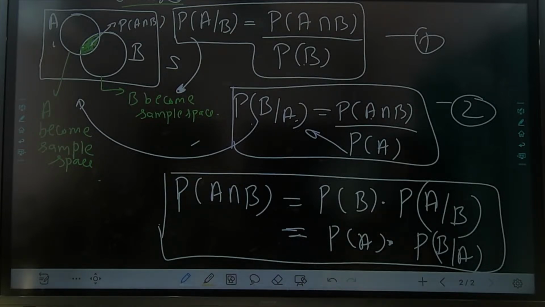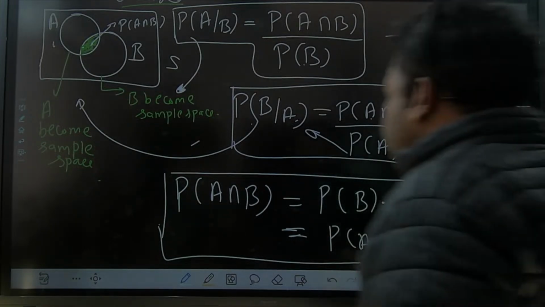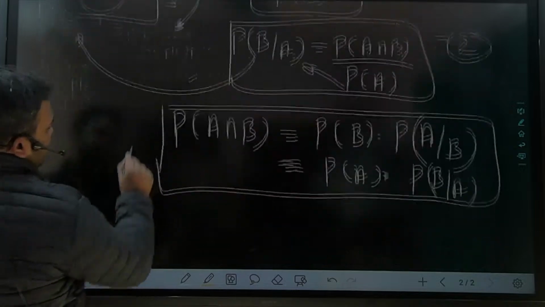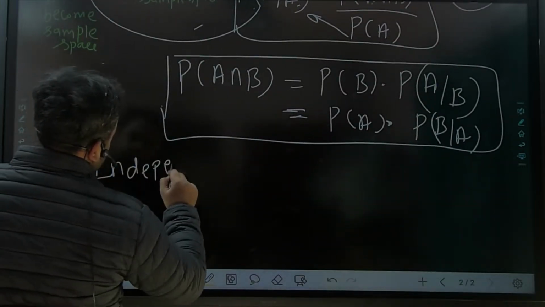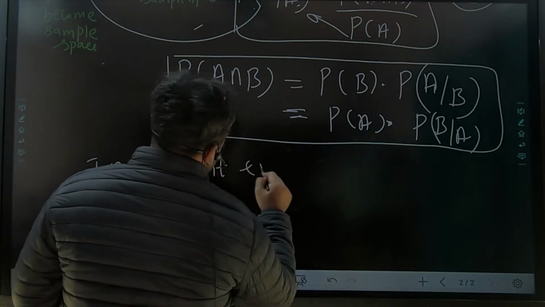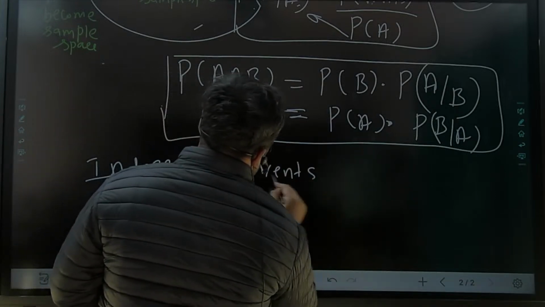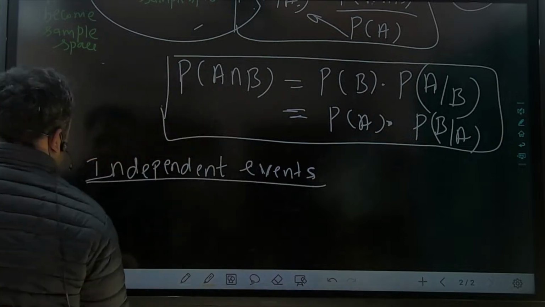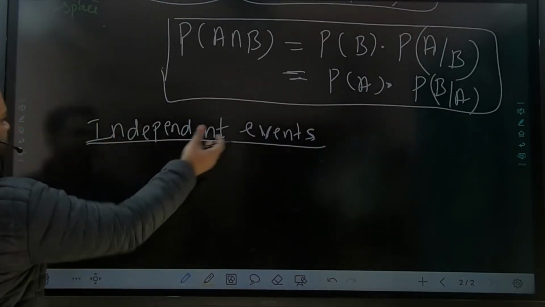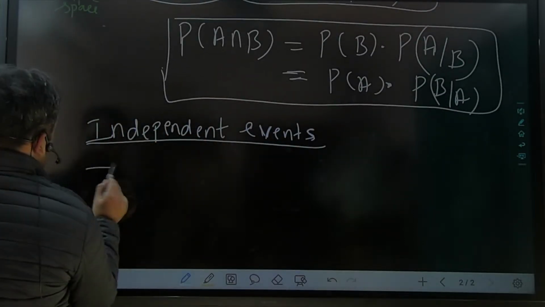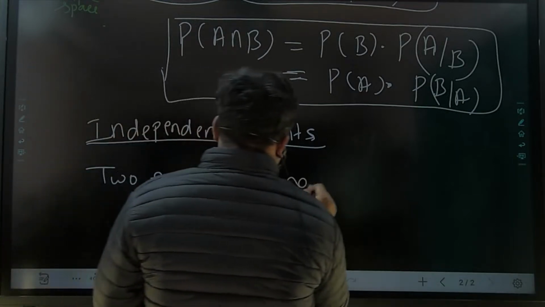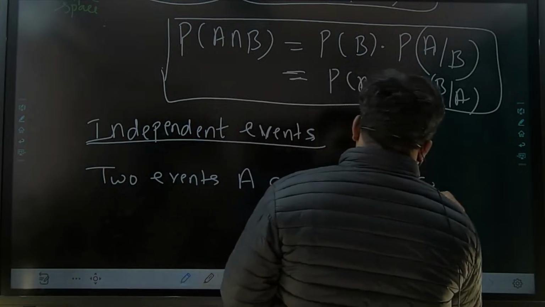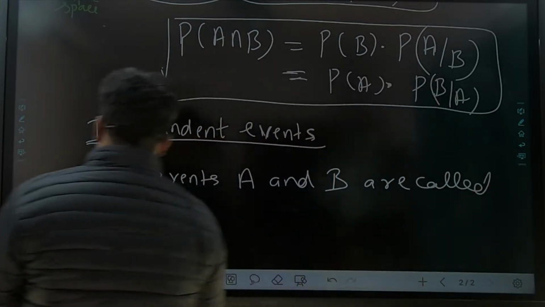Now with this continuation we have the discussion about independent events. What are independent events? Very easy to see. Independent events are independent of each other. That's it. It means two events A and B are called independent events